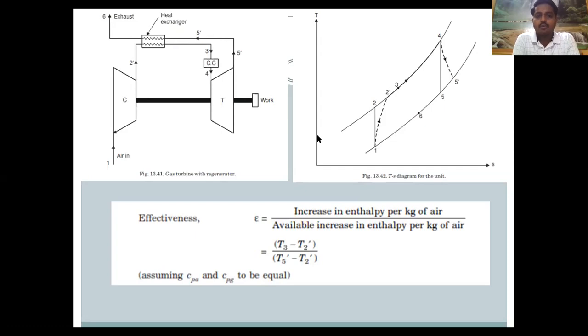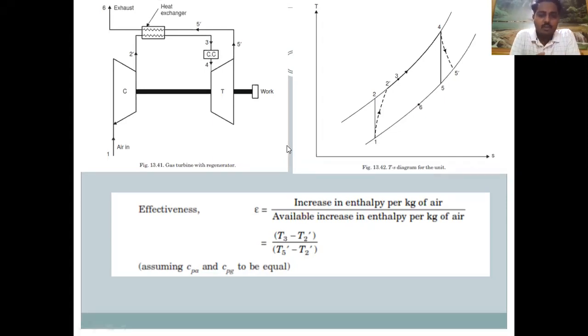Okay, now 2 dash to 3 represents the heat flow into the compressed air during the passage through the heat exchanger, and 3 to 4 represents the heat taken in from the combustion of fuel, and point 6 represents the temperature of exhaust gases at discharge from the heat exchanger. Okay, all of you get the concept for your regeneration. Then note down this TS diagram also, the formula, and draw the gas turbine with regenerator block diagram.